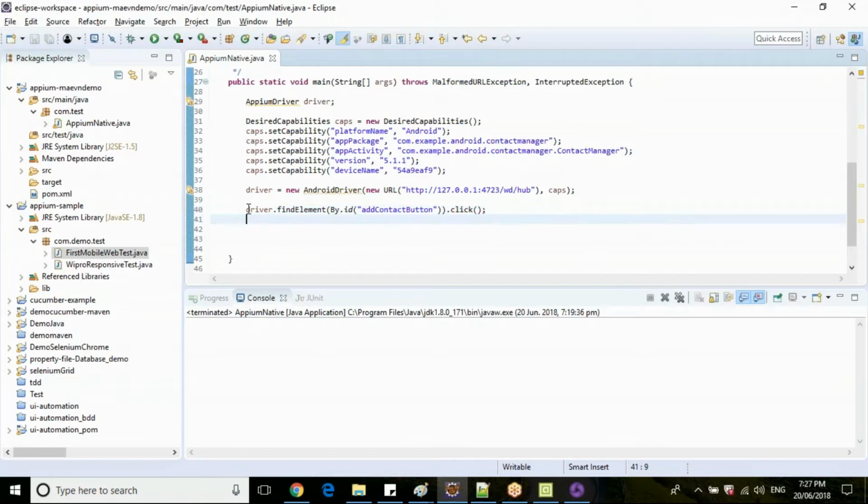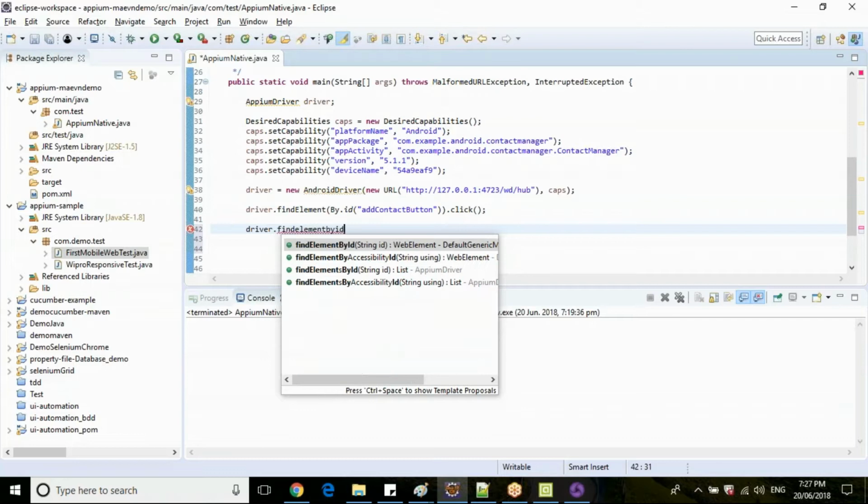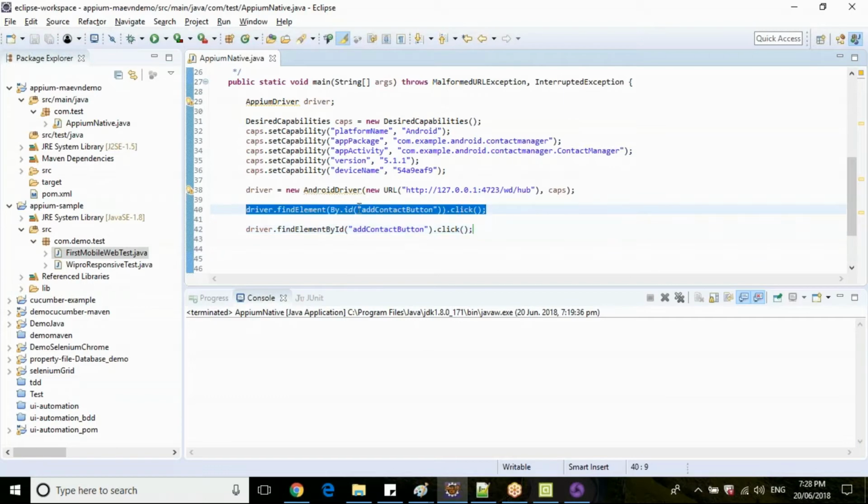Either you can write like this, or you have the direct method like driver.findElementById. You can write either way, guys. Whatever you are comfortable with, you can use that method. Since you are all familiar with the By class, let's see how this direct method works here.